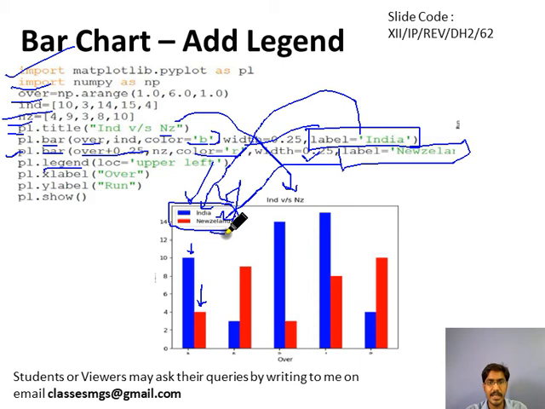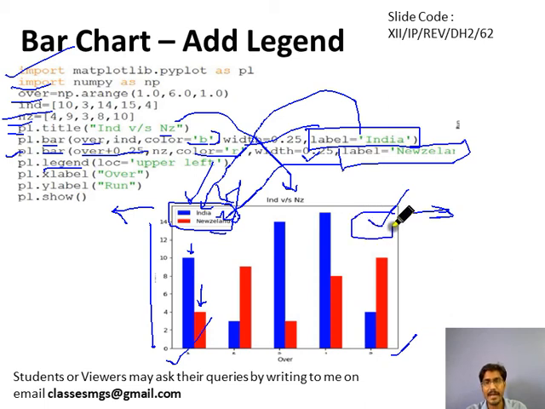It can be here, it can be here, it can be here. By default it is upper left. This is upper, and from here we will calculate. This is upside and left side. This is upside and right side. If you want to display in this corner, you will use upper right for the legend. Okay, so keep this in mind. Location of the legend.